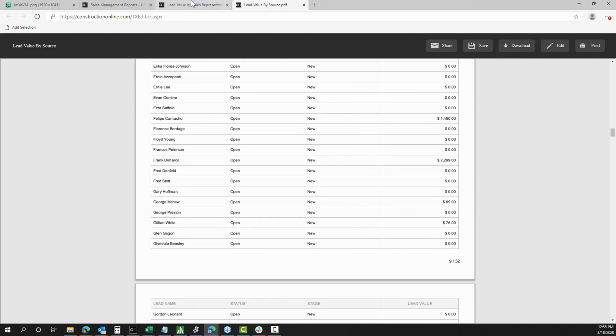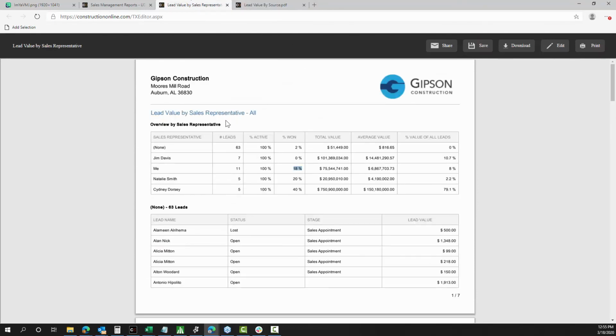There's a similar report that you can look at by sales rep, which I really love. If you have more than one rep on your sales team, this is a great report, because you're able to see, first of all, if there are any leads that are unassigned, and understand why, and maybe you want to assign some responsibility there. Even for old imported leads or something like that, they still need to be followed. So it's a great way to spot that, but really to look at each of your reps